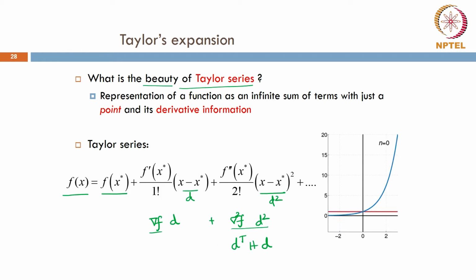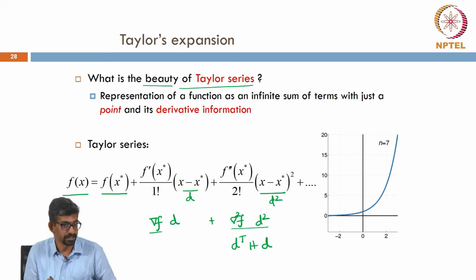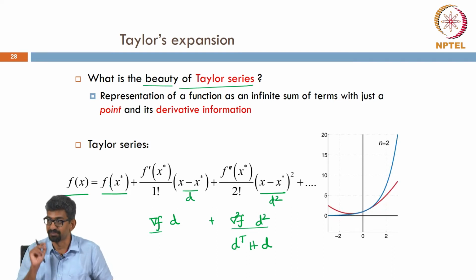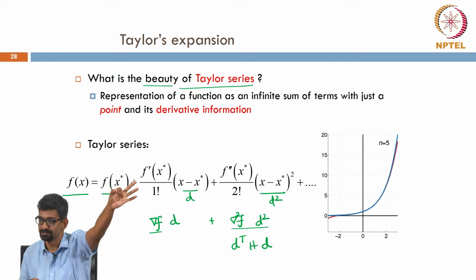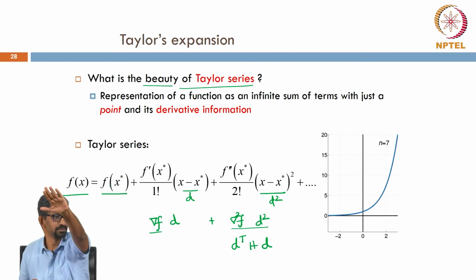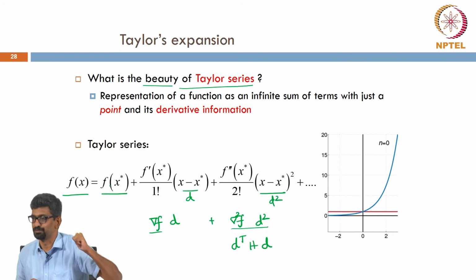It is quadratic form d transpose, because this d is a vector, please understand, because I am just writing it as x, but x could be x1, x2, x3, it is in space, there is a point in space, here is a function value, x star, what is the value? So,